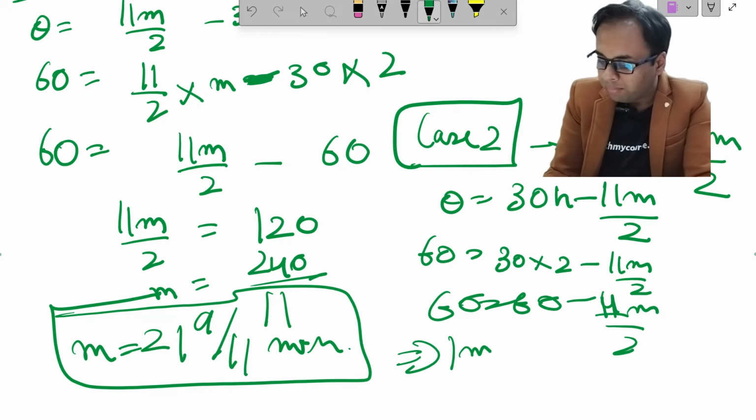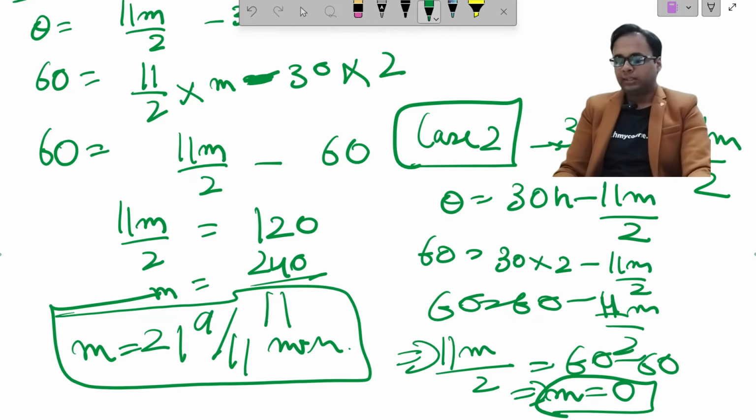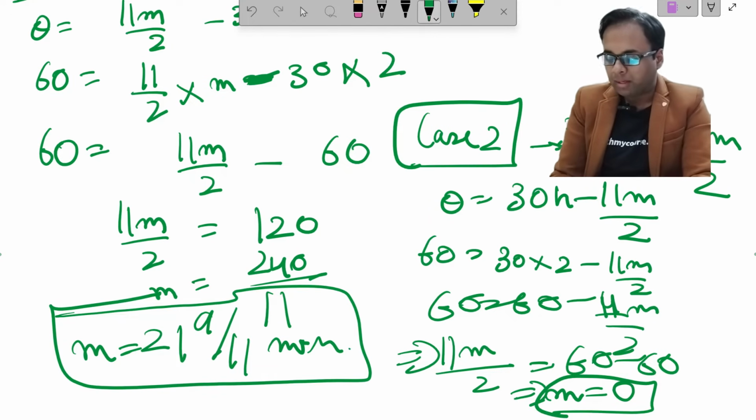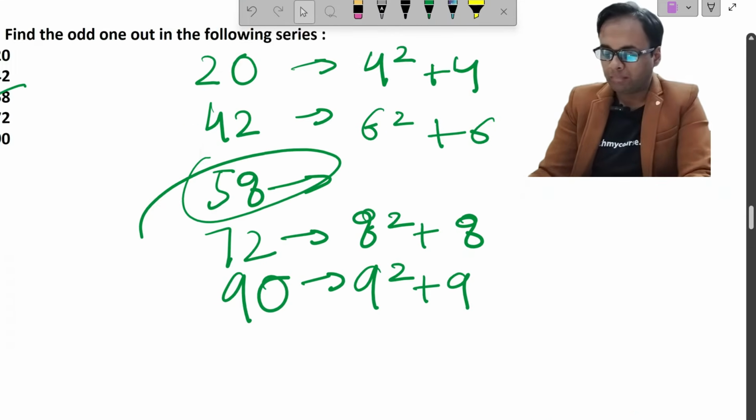So 11m by 2 equal to 60 minus 60. So m comes out to be 0 in that case. So the answer is m equal to 21 9 by 11 minutes or m equal to 0 minutes. This is the solution. Practically we can also see, when m is 0,